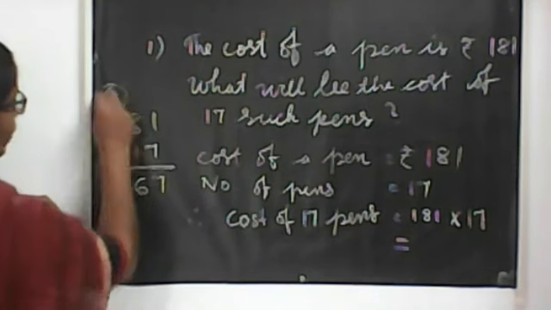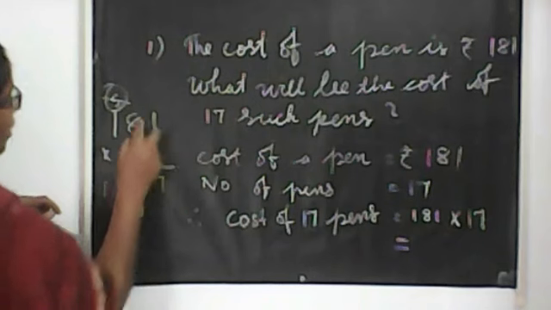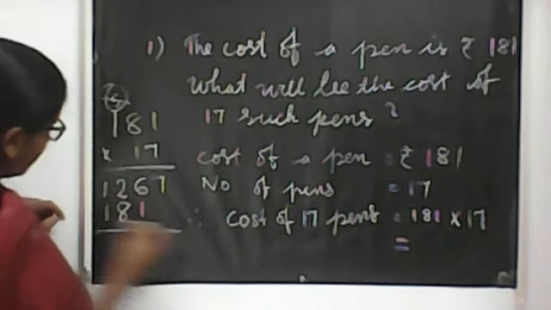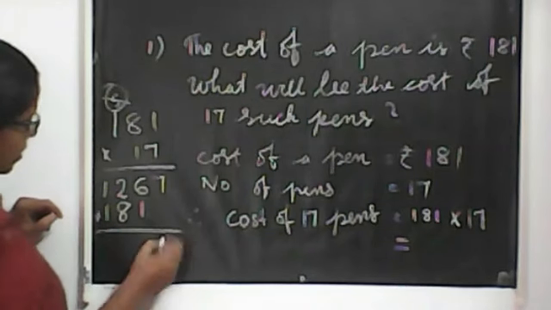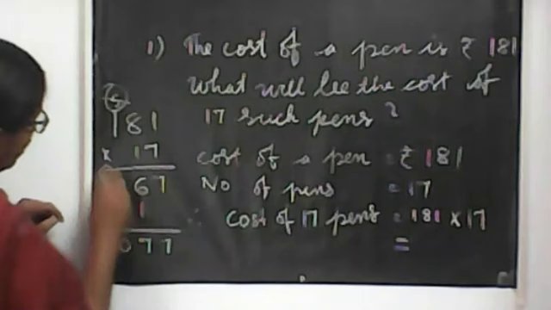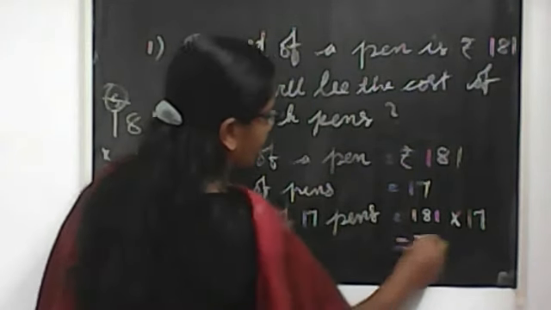So the first one is over. Then bring the second digit: 1 into 1 is 1, 1 into 8 is 8, 1 into 1 again 1. So the multiplication is over, then add it. 7, 7, 0, 3. So you got rupees